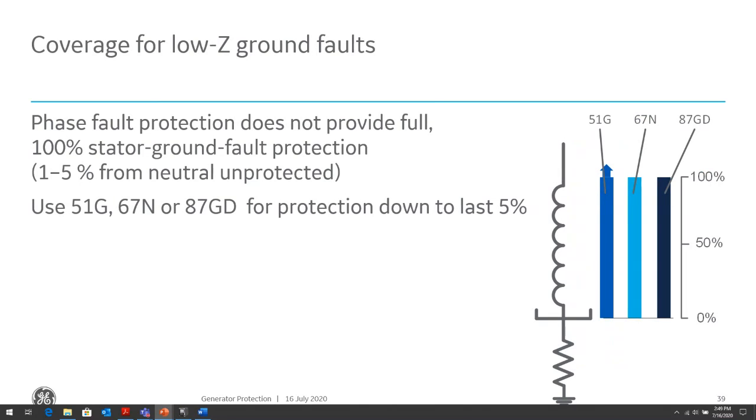For coverage of low impedance ground faults, or low or solidly grounded generators, the phase fault protection will not provide full coverage because of the sensitivity. So we need an element that will provide some protection for faults close to the neutral of the generator. Now, the phase differential will protect against ground faults, especially large ground faults that are maybe up to 10% of the winding of the generator, maybe up to 5%. But there is going to be about a 5 to 10% area where the fault is close to the neutral of the winding,